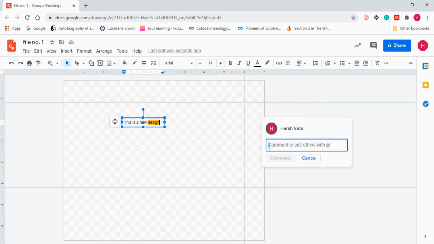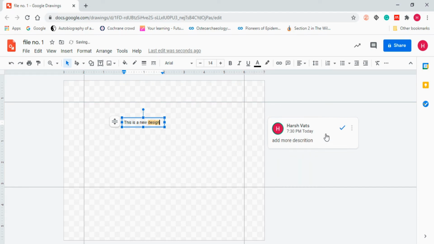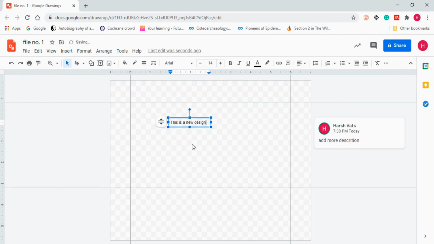Add more description. You can write that and after that click on comment. So when you are done with it, in the end you see this is a comment. After that click on the tick and the comment will be removed when you have executed that thing in your Google Drawing.